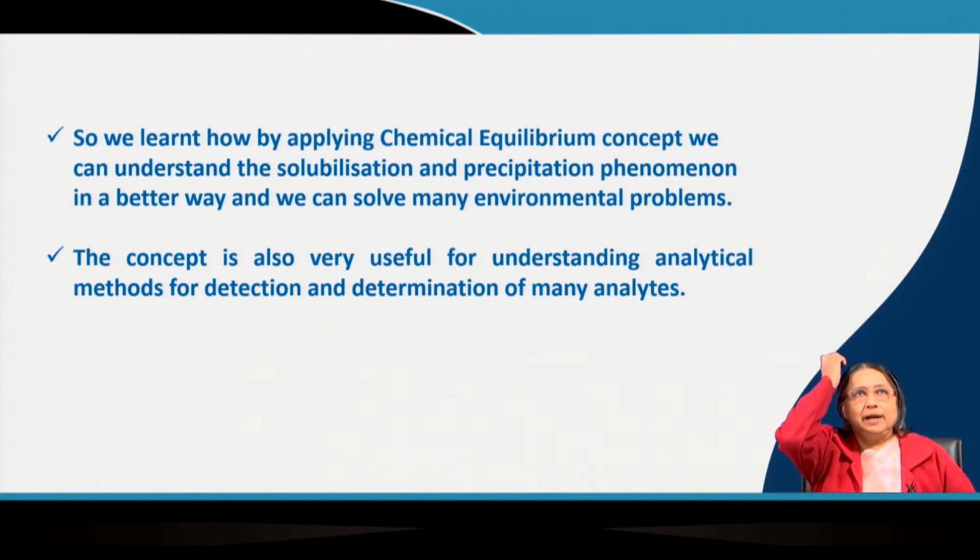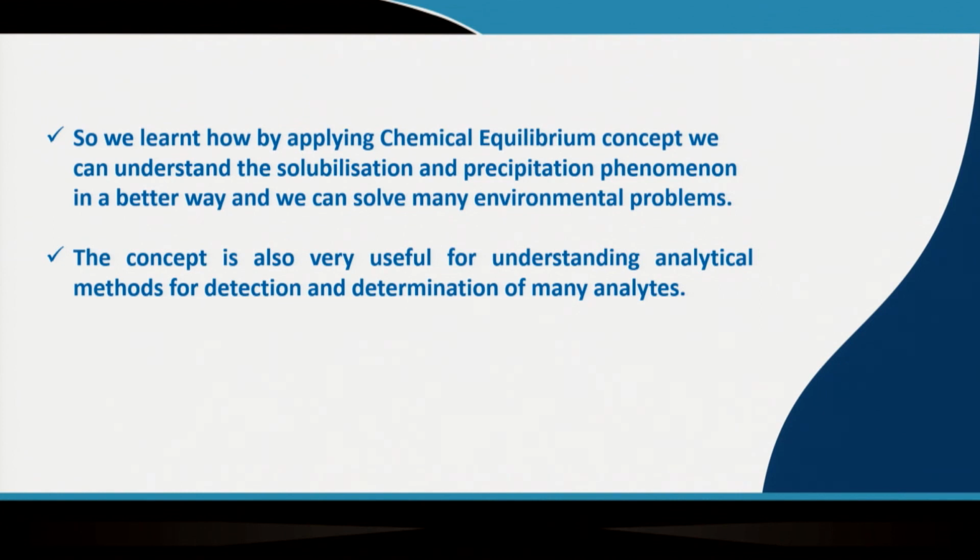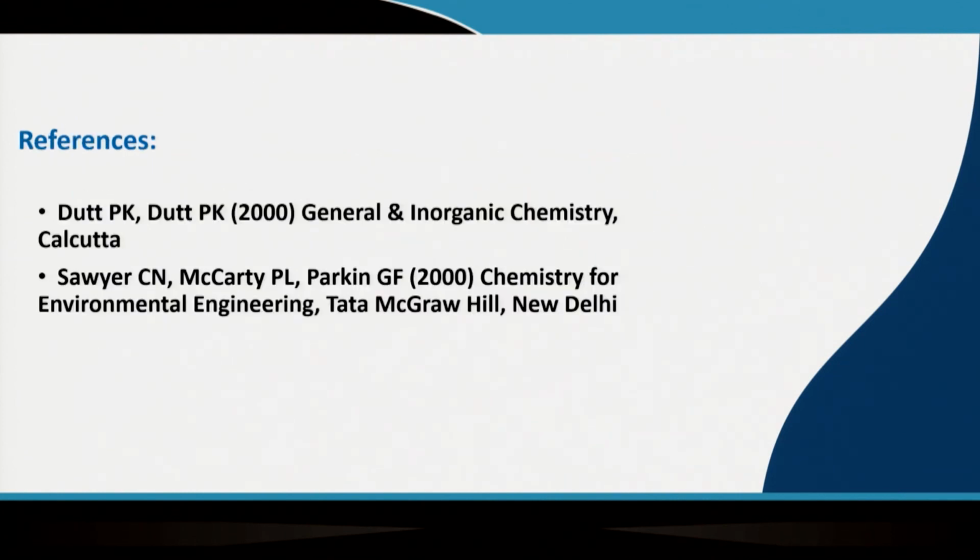So, from the discussion on chemical equilibrium, we have learnt many things. We learnt how to apply the chemical equilibrium concept to understand solubilization and precipitation phenomena in a better way, and we can solve many environmental problems. And the concept is also very useful to understand the analytical methods for detection and determination of many analytes. Chemical equilibrium is a very important chapter. We must get the proper idea, and we must know how to form the equilibrium expressions, what is the impact,